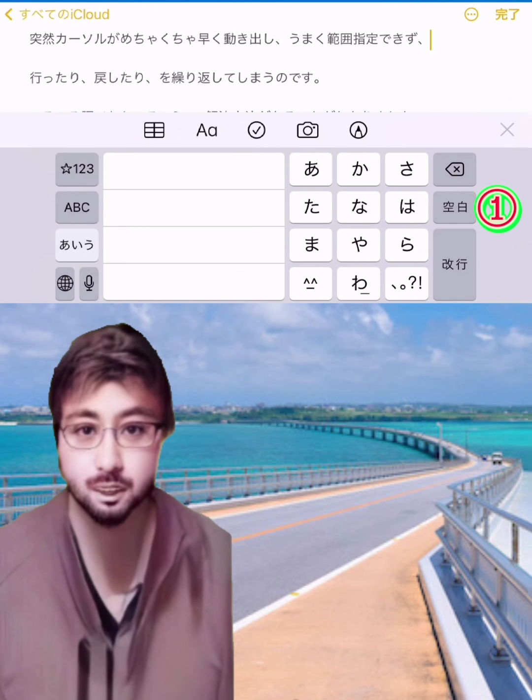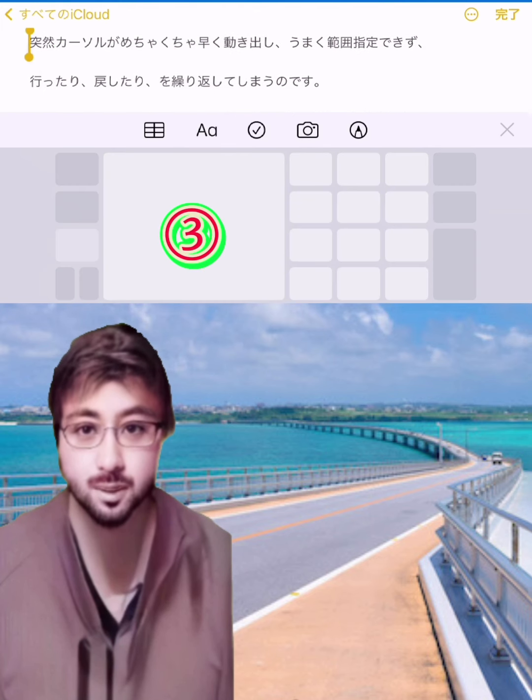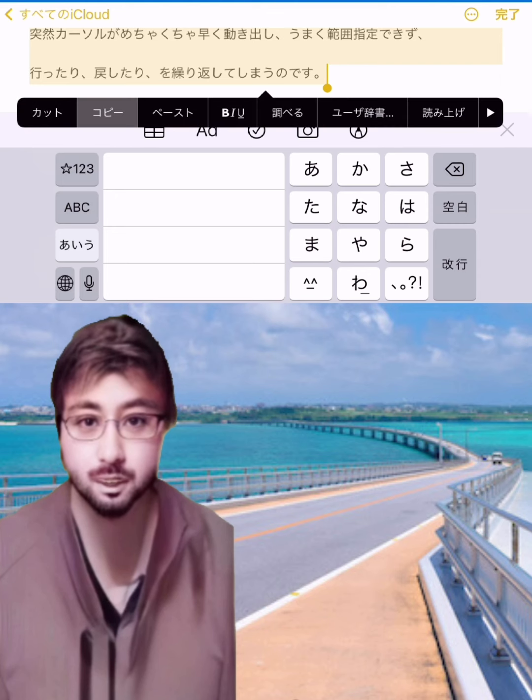3. Hold down the spacebar key on your keyboard with your right index finger. Move the cursor to the beginning of the desired sentence, and do not release it at the desired position. In that state, if you touch the white part of the keyboard, the Akasatana part, once with your left thumb, you can specify the beginning of the range specification. You can specify the range by raising and lowering the index finger of your right hand as it is.